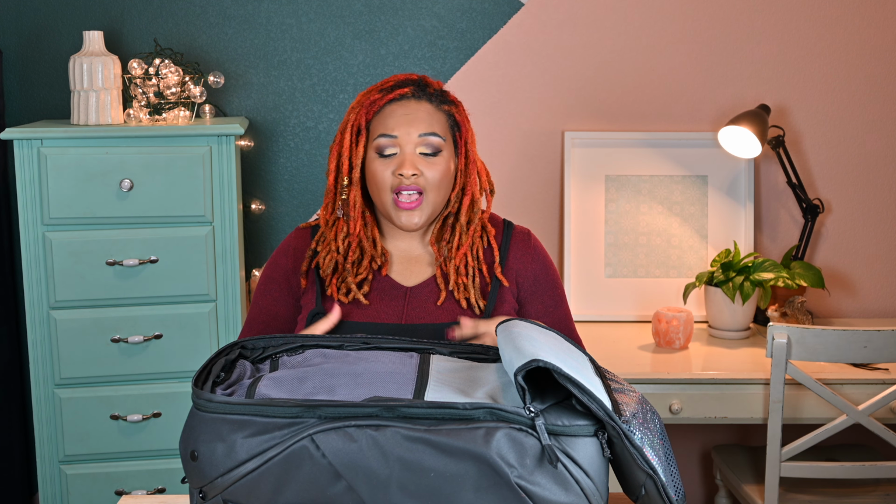But what I like about the Peak Design bag is that it has 4 internal pockets inside of this. This pocket I don't use for quick access. I usually put my makeup palettes in here. I always travel with 2 eyeshadow palettes. And what I like about this pocket is that it's deep enough, it's wide enough to hold 2 palettes with me,